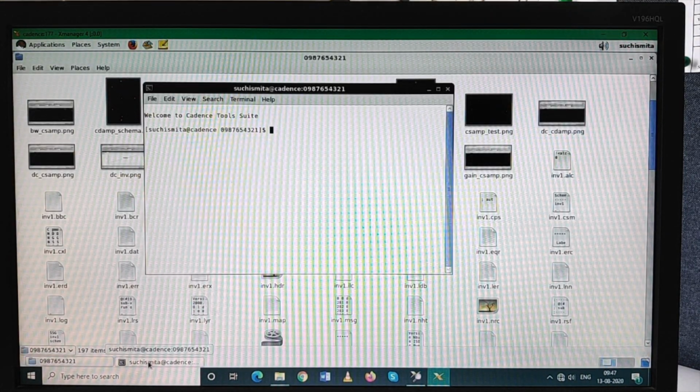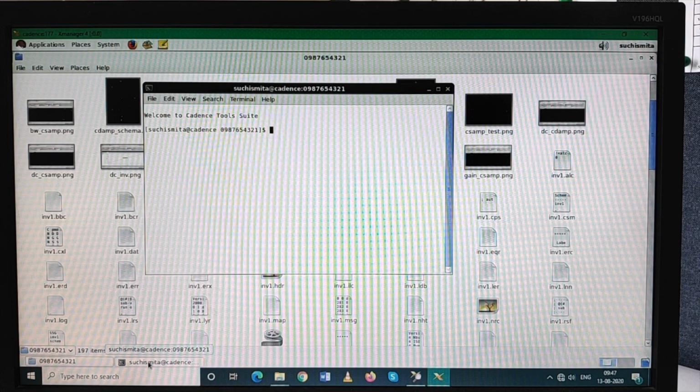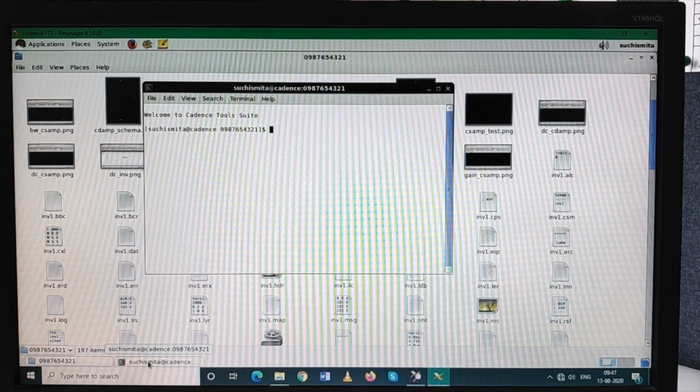And what did I say? In open source operating system you cannot just double click and get the things done. So you have to give a command, right? So what is the command to invoke the tool? Invoking means trying to access. So I want to invoke Virtuoso. So I will type